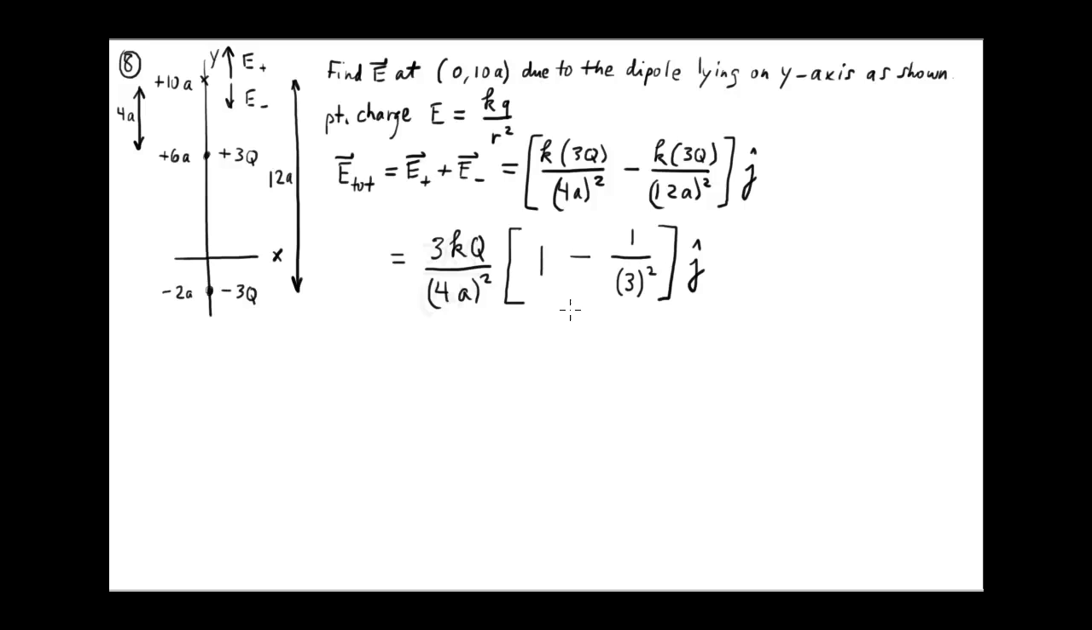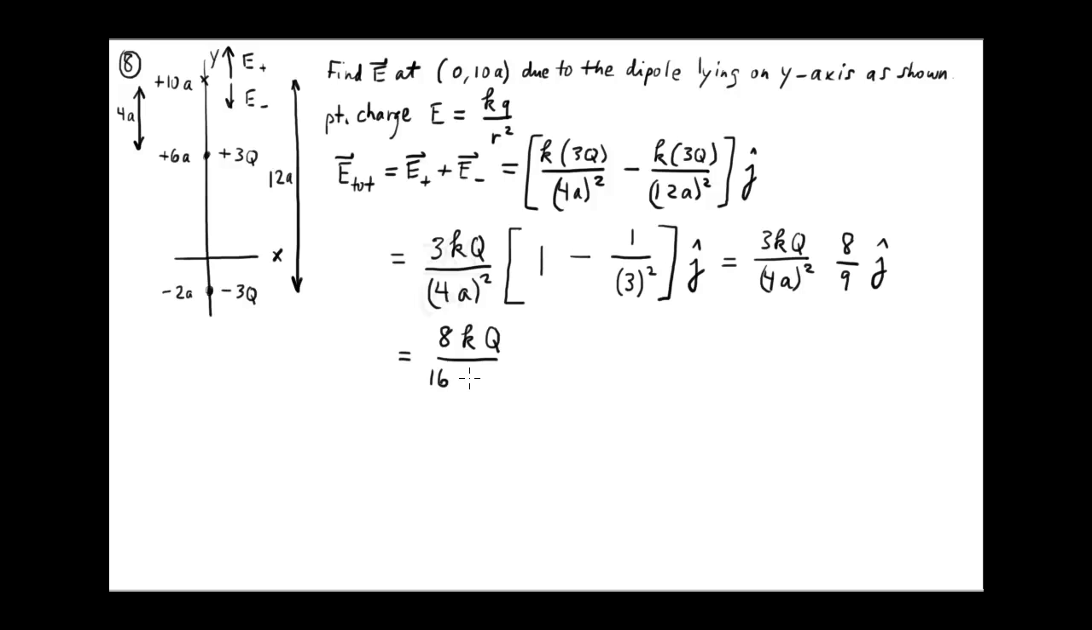The term in the brackets now then is just 8/9, so this becomes 3kq over 4a quantity squared times 1 minus 1/9, or 8/9, times j hat. And now there's going to be a little simplification that goes on here because we've got a 16 here. Well, the 3 and the 9, the 3 cancels, so that leaves us with 8kq